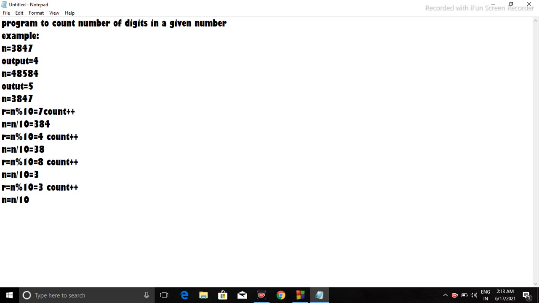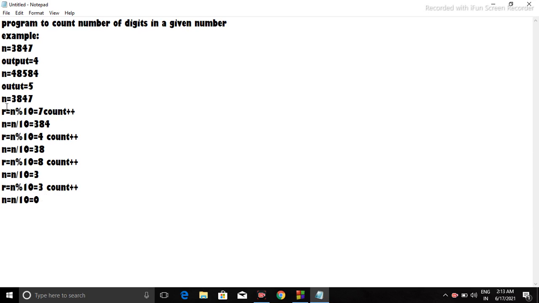And when we perform this, we get 0 as a number, because when 3 is divided by 10, we have 3 as a value. When 3 is divided by 10, we get 0. So when we get 0, we have to stop, because my n value has now become 0. So if I apply 0 modulo 10 in the next step, I am only going to get 0.